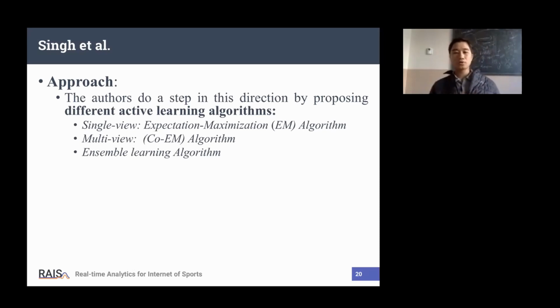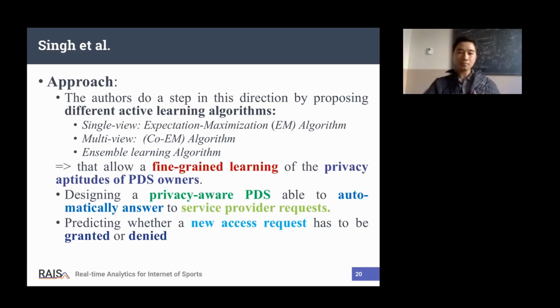I also show the paper. You can read more detail. This paper allows the learning of the privacy attitudes of PDS owners. First, it decides the privacy-aware PDS is able to automatically answer the service provider request. And when a new access request comes, they give granted or deny based on the knowledge from the original database.